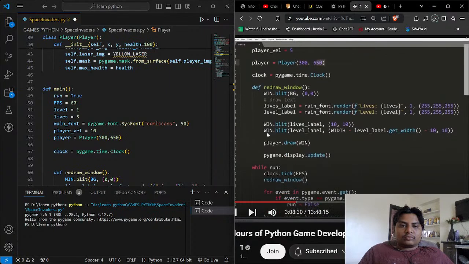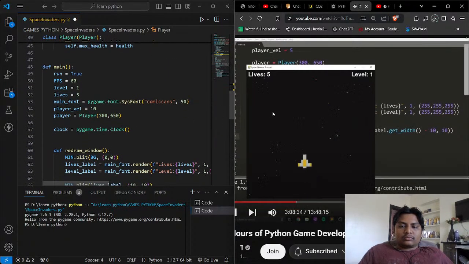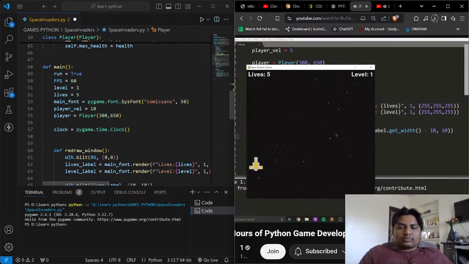$300, $650, and then we've changed all that, so now we'll draw the player. So let's run this. And notice now I have the ship, and it's moving around. Now, no fancy animations here, but